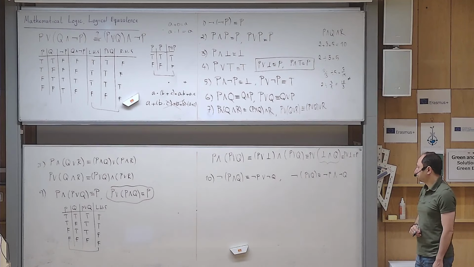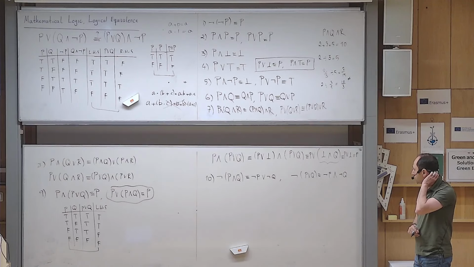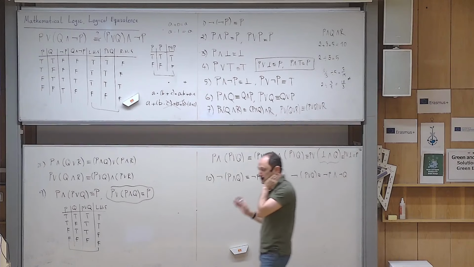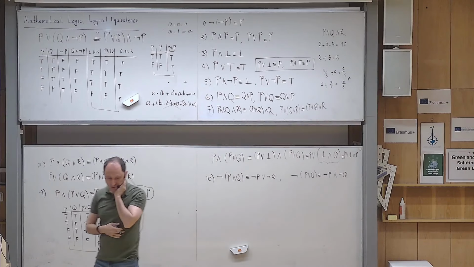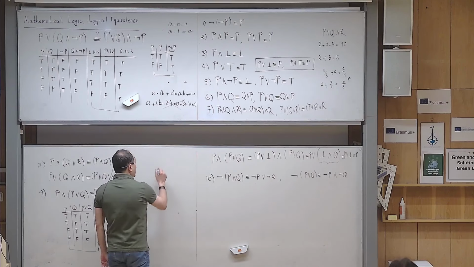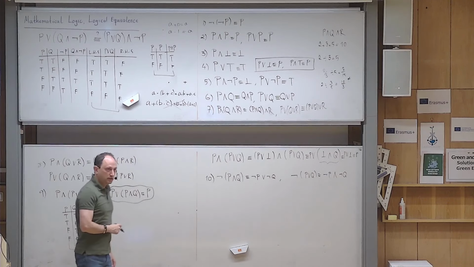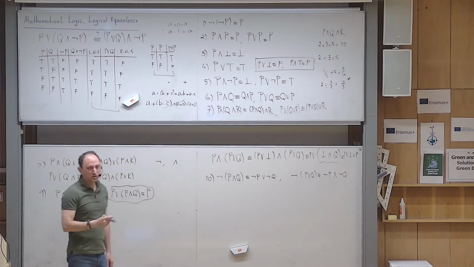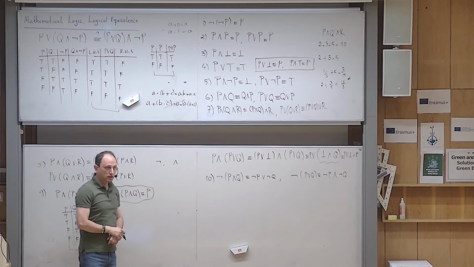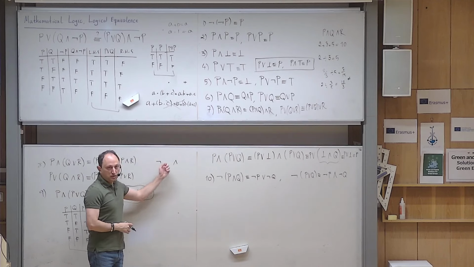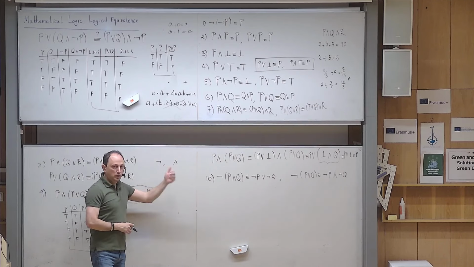Again, the proof is not hard by the table, so I will leave this as an exercise, but it is important you really convince yourself that this is indeed true. So, one idea in mathematical logic is that there are two fundamental operations. One of them is negation and one of them is and. Some books say negation and or, okay? What does it mean? It means that if you give me negation and this and,